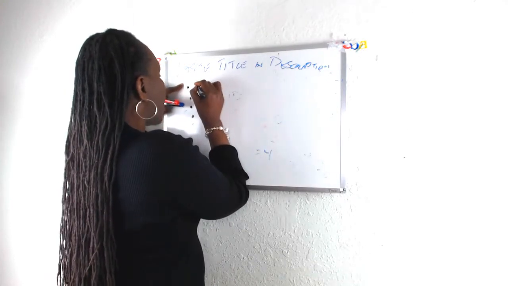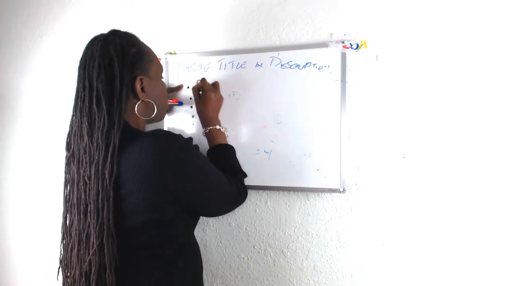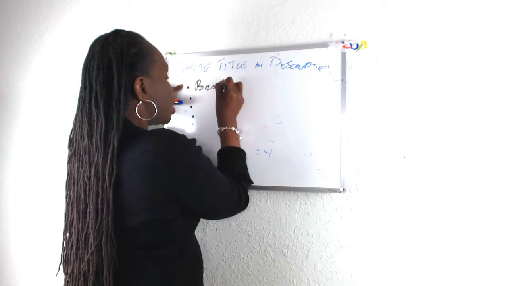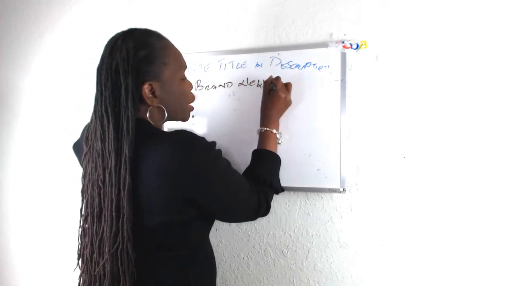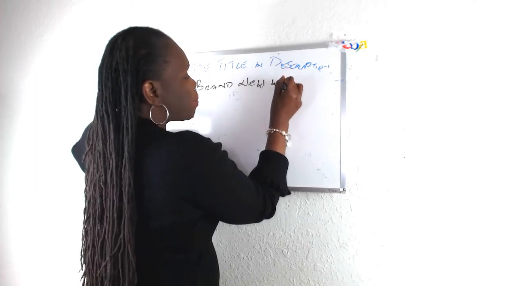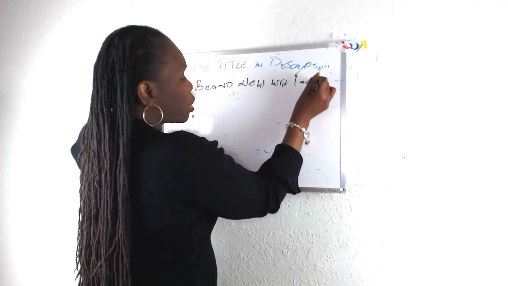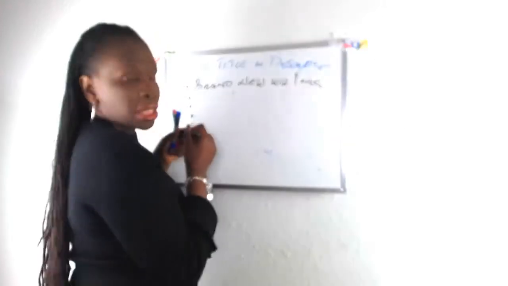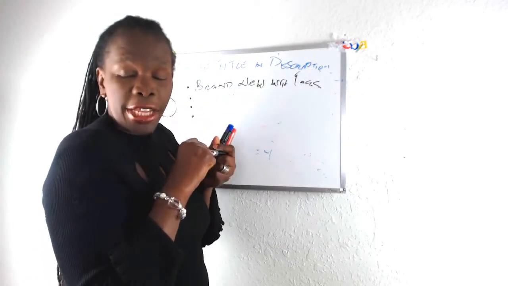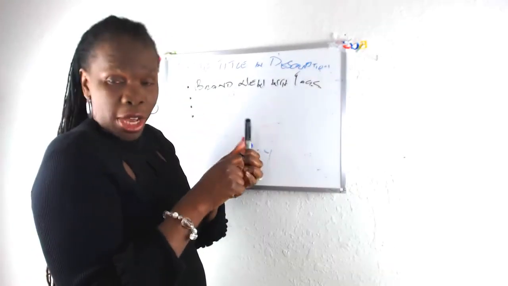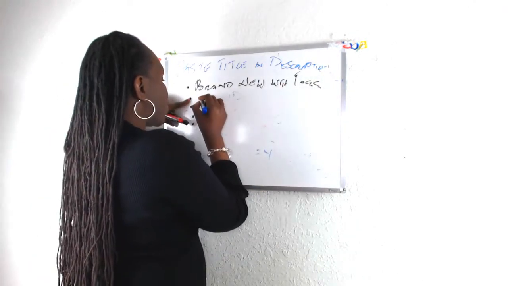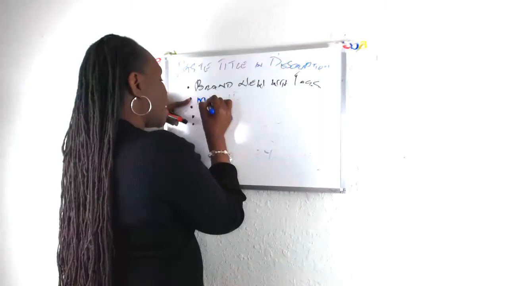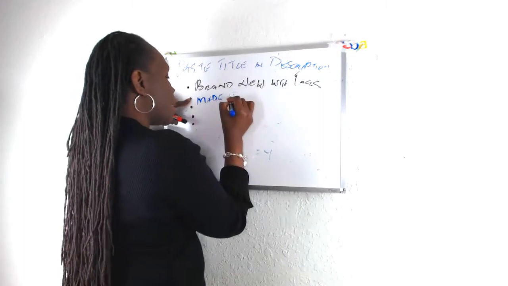So usually here I'll say, you don't have to because it's already indicated, at times I'll say brand new with tags, or just brand new. If it's got tags, I'll write with tags. I'm telling you the way I do it. Again, you can do it the way you want, your preference, you do you, okay? And then my second line is always, and again, I'm giving you examples,